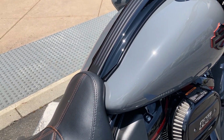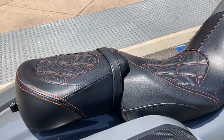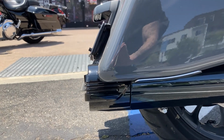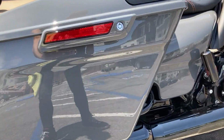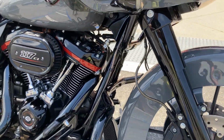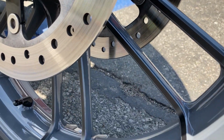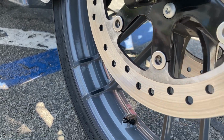Extremely comfortable seat with the Harley orange stitching on it. The exhaust tips are really cool. We have engine guards on the front. The rims are beautiful. We've got that two-tone with the matching gray on the inside and the black on the